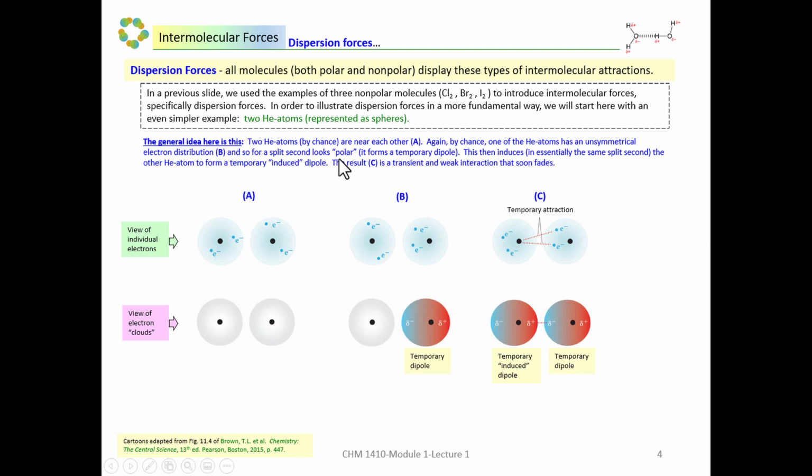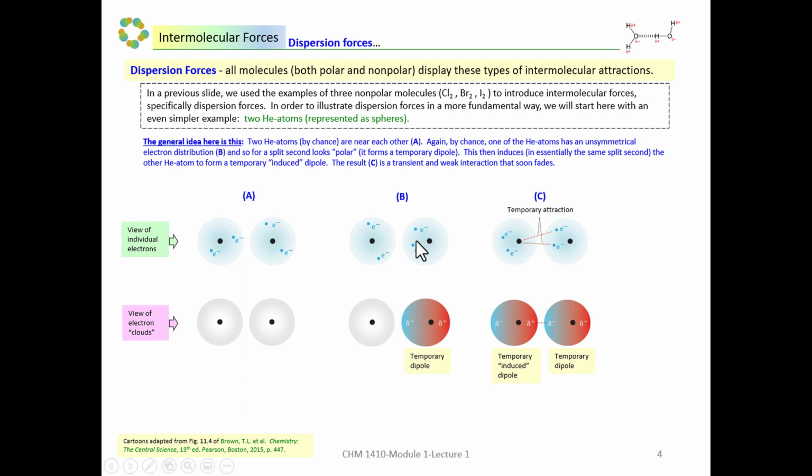In other words, it forms a temporary dipole. Let me explain. Let's suppose we have our two helium atoms next to each other. This helium atom has the two electrons in our snapshot fairly evenly distributed from each other, but this helium atom here, just for a split second, has two electrons that are closer to each other and on one side of the nucleus. That would mean that in this particular helium atom, there's an unsymmetrical distribution of negative charge, and so